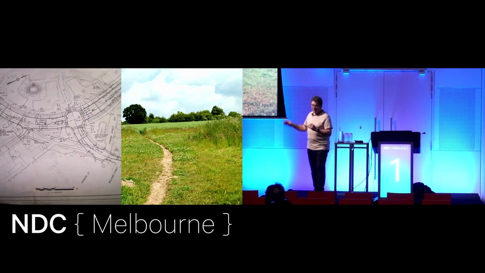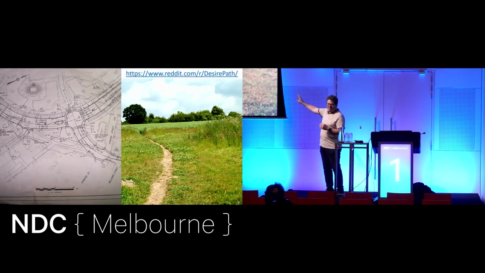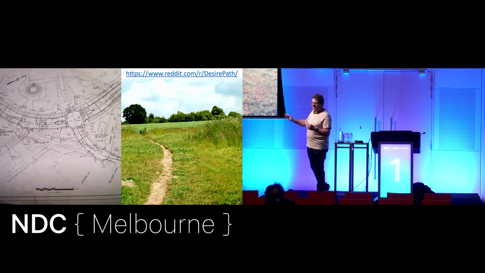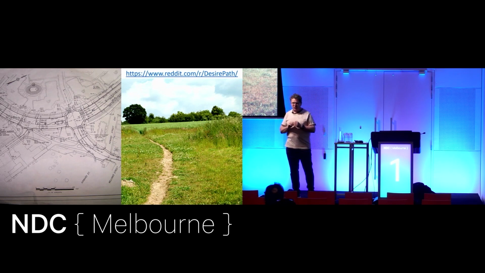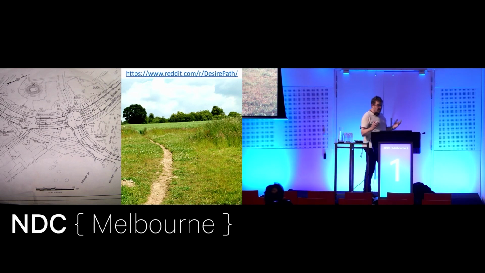By the way, if you want to go down a real rabbit hole, there's a subreddit called Desire Path. It only has pictures of these. And it's fascinating. There's some really interesting stuff going on there, everywhere from the tiniest little shortcut around a corner through to stuff across the middle of football fields and all sorts of things. And a really lovely set of pictures of Delft University in the Netherlands, where they did this as well. I didn't want to pinch those photos because they weren't Creative Commons, but look them up. They're definitely worth having a look at.